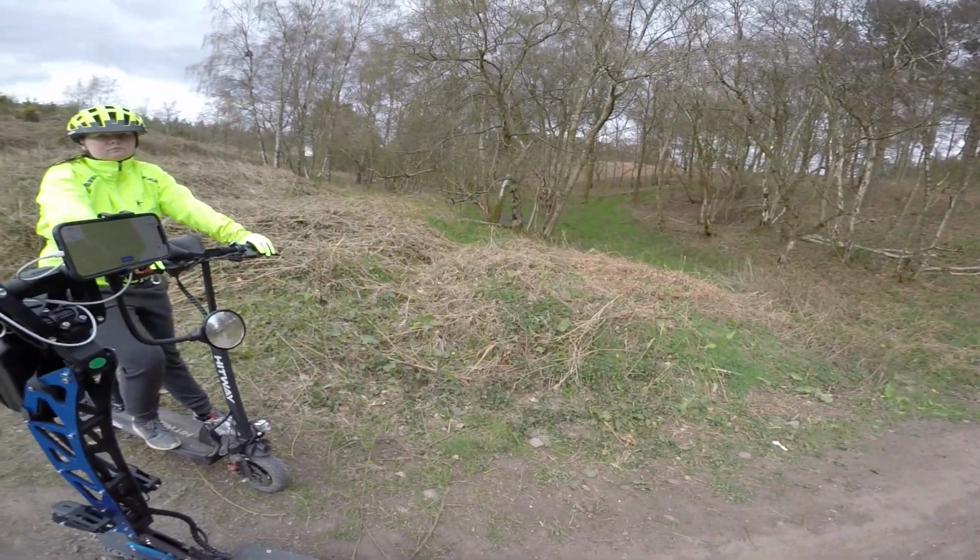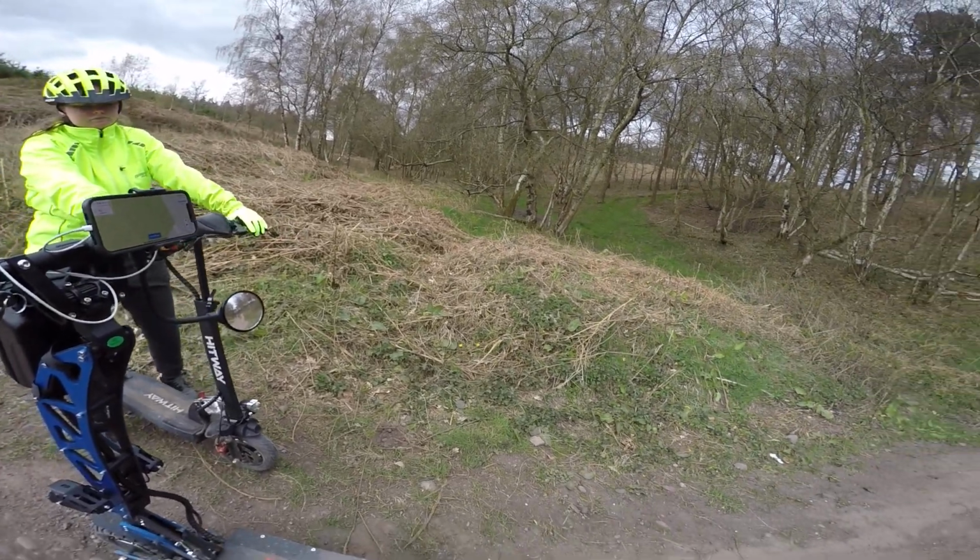Right, back out that way and back down to the car. Actually, I think first